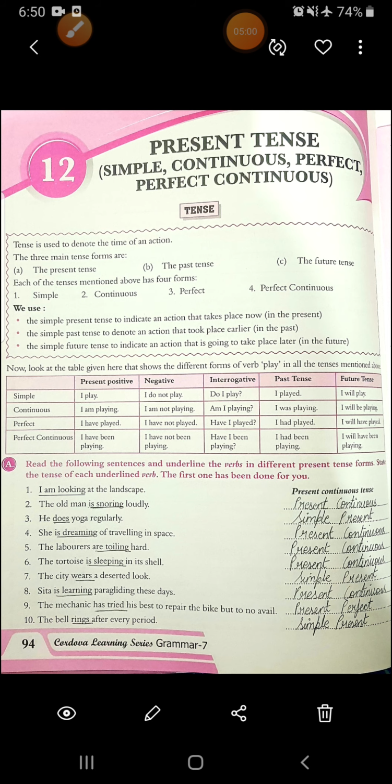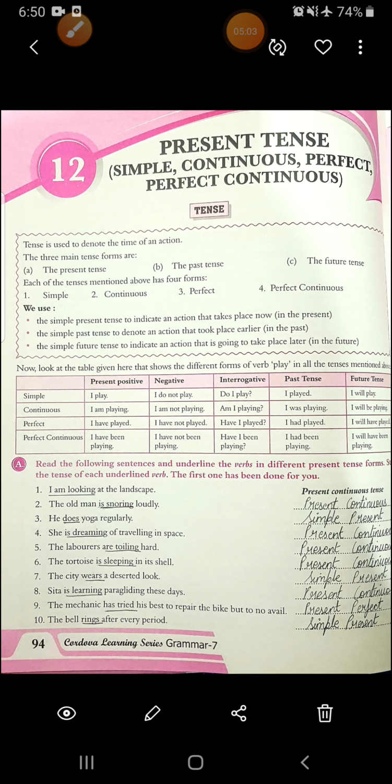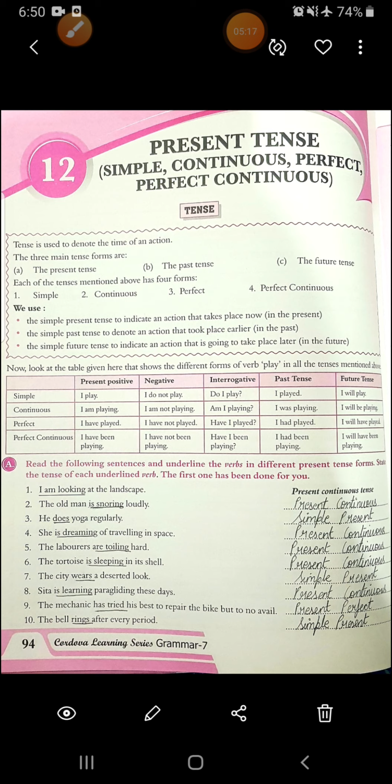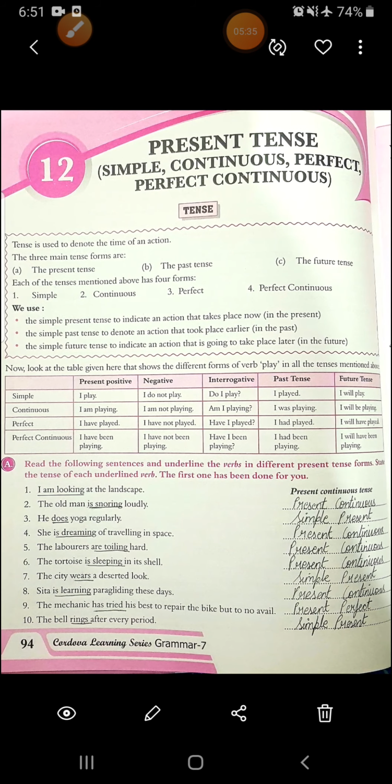Simple means that, see, in all the three, in simple form you are just expressing it or saying it. Continuous means it has started and it is still continuing. It is in continuous form. Then perfect means it has already been done. Perfect means done, perfectly done. And perfect continuous means perfect and still continued since a time until now. It is continuing. That is why it is in perfect continuous form. Don't get worried. You will get to know what is exactly in all the four forms.